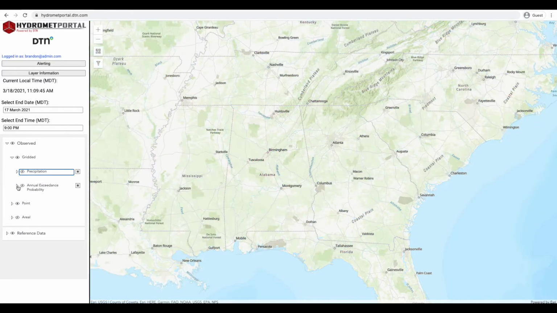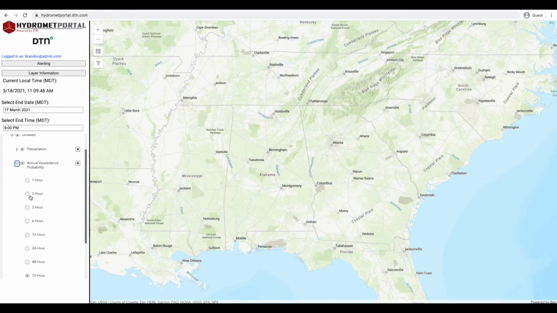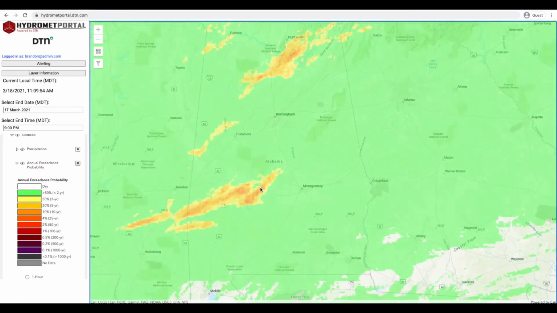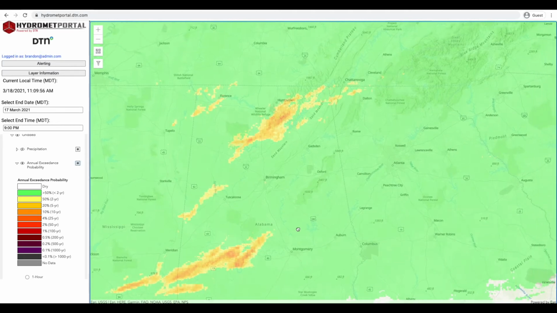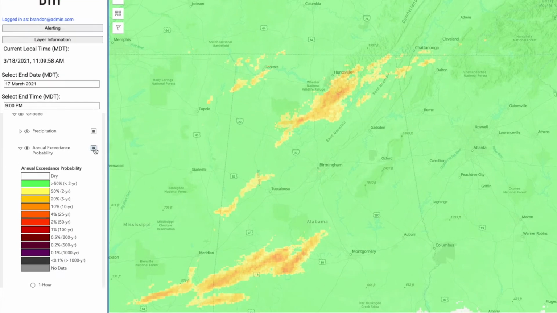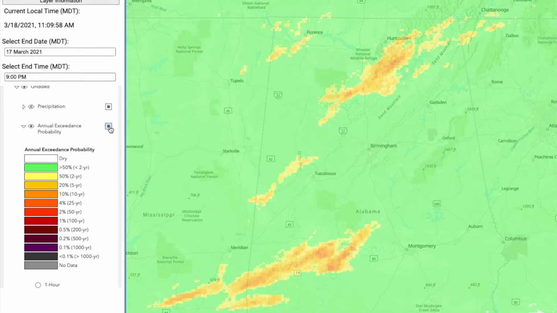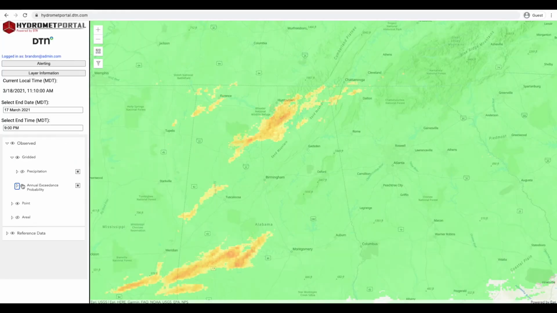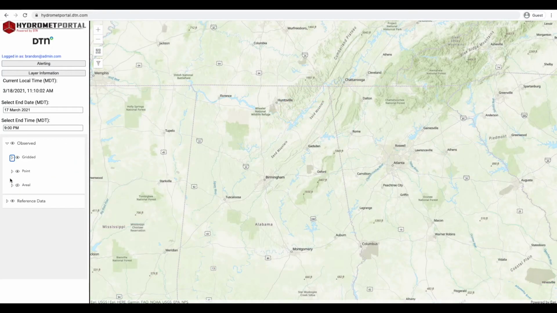Now we'll switch over to annual exceedance probability over the same 48-hour time period, and we can see these streaks associated with the supercells that move through this region. And looking at the legend, we can see some of these areas received up to 25 to 50-year rainfall events. Okay, so now that we're done looking at the gridded products, we'll switch over to aerial, and we'll look at